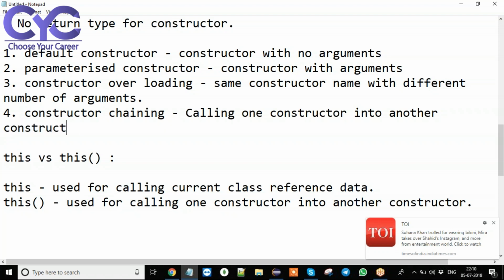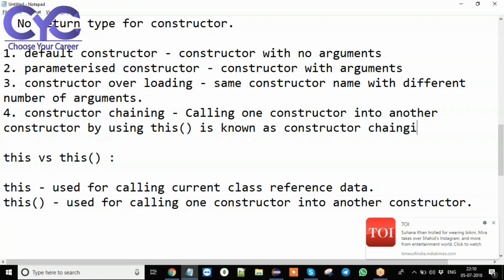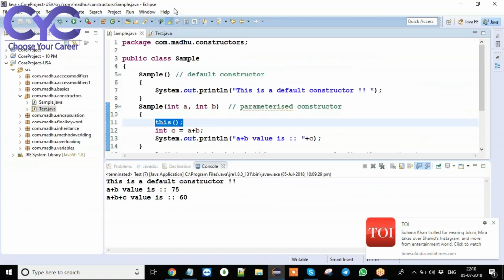Note down these points. Calling one constructor into another constructor by using this method is known as the constructor chaining mechanism. Constructor chaining mechanism is one of the important concepts. Like this we are going to call.